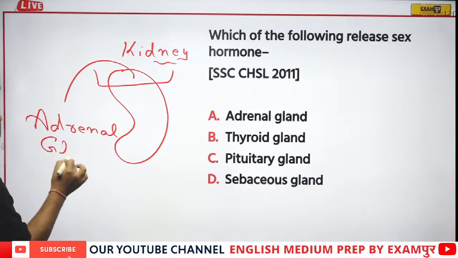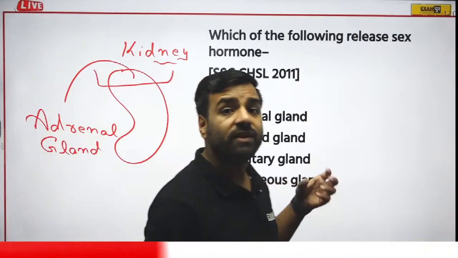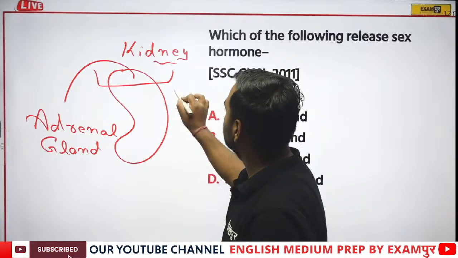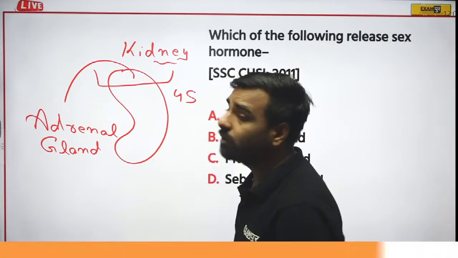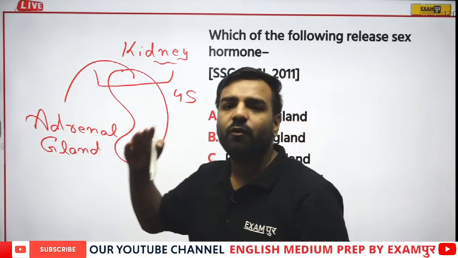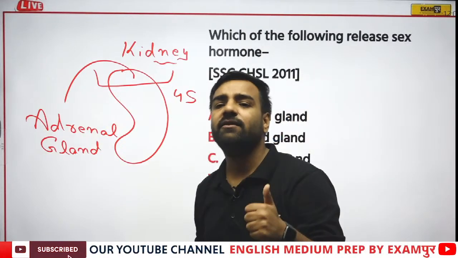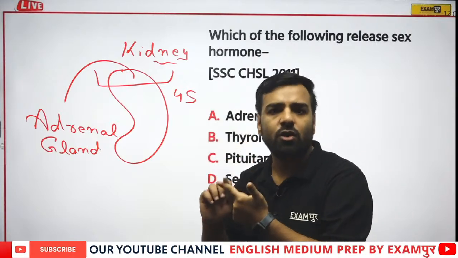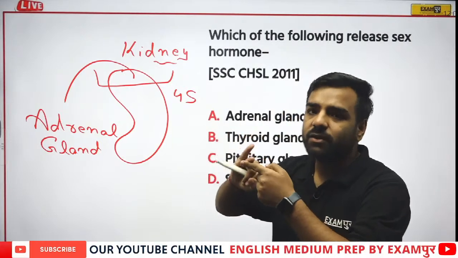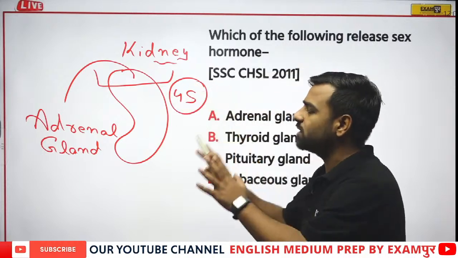Now what is this gland doing? This gland actually helps in the creation or secretion of different hormones, and this gland is also known as 4S gland. Why 4S? Here it is actually working on 4 different S. What kind of S? S stands for sugar, then salt, then stress, and yes, obviously sex. So sex, stress, sugar and salt. It is dealing with these 4S. That's why it is known as 4S gland.